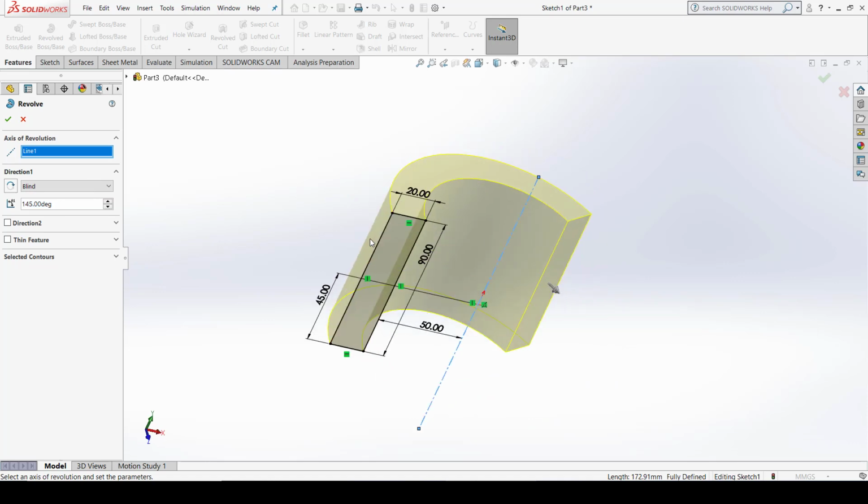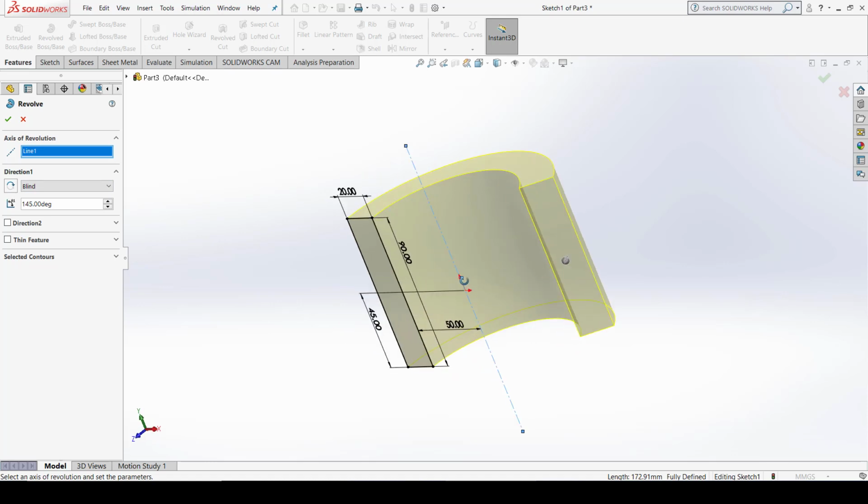See, this is the rectangle and this is the rotation. So you can see an arrow here. This gives the directional indication of this command. So if you want to make the rotation in the other or opposite direction, then you can see the reverse direction option here. You just click here.